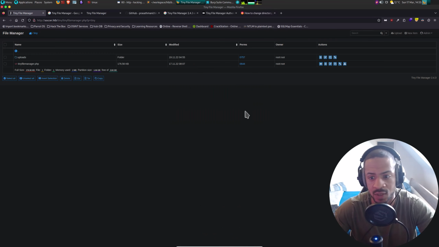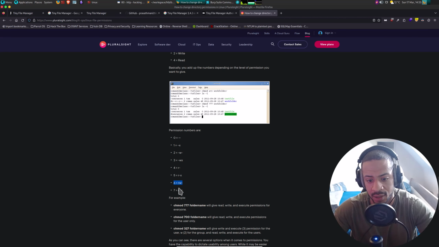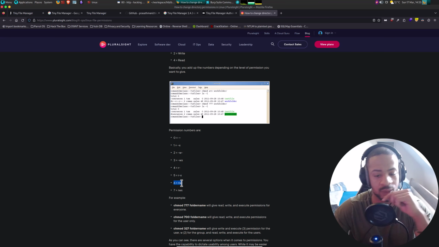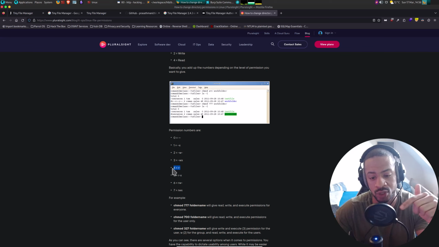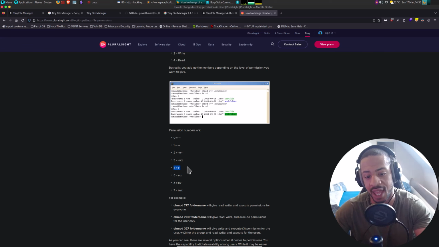Okay, so this page, here we have read and write permissions. Well, root has read and write permissions because it's 6, so the first number, and then the user and all, so like guests, have only read permissions.